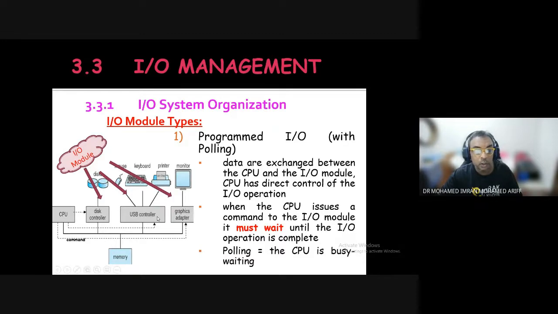And the printer says, no, I'm doing something else. The CPU will wait until it's complete. So this waiting process is called the polling process. Once the I/O module is free, then the command will take place.